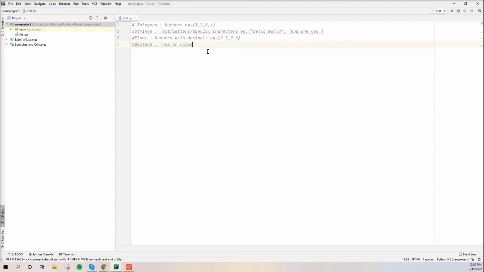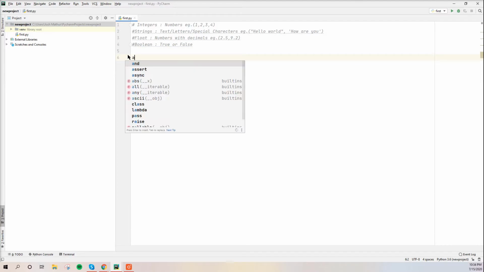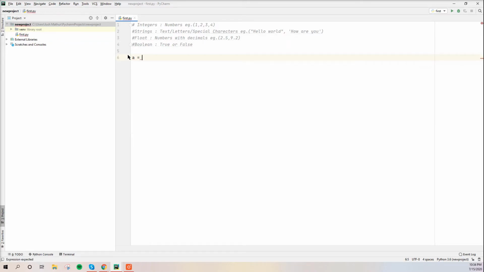So now that we've seen what different types of variables there are, let's do something and print them. Let's print 10, and then let's print type of 10. Or actually, before we do this, let's make a variable. To make a variable in Python is very simple. First, we need to name the variable. Maybe like A. You just put equals,